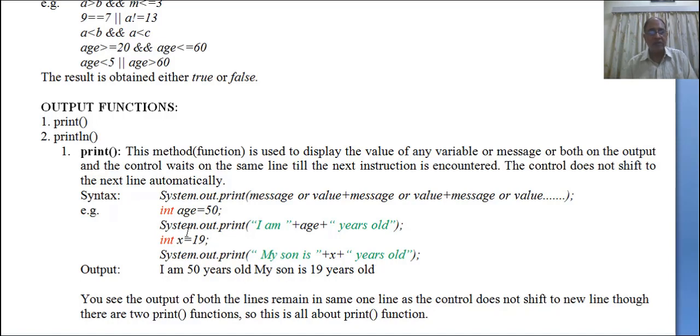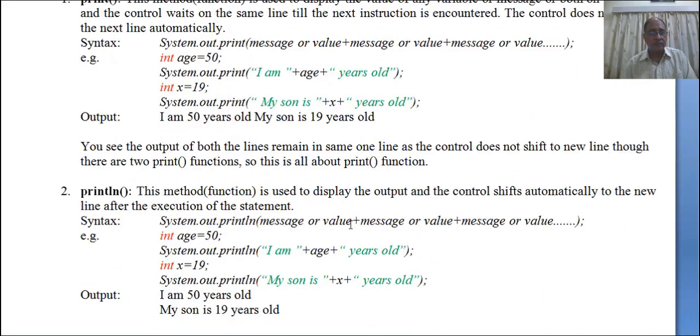Why? Because I am using System.out.print and System.out.print, so the first output gets connected with the second and the output is obtained in a single line. So this is the outcome of the System.out.print command, which is used for single line output.